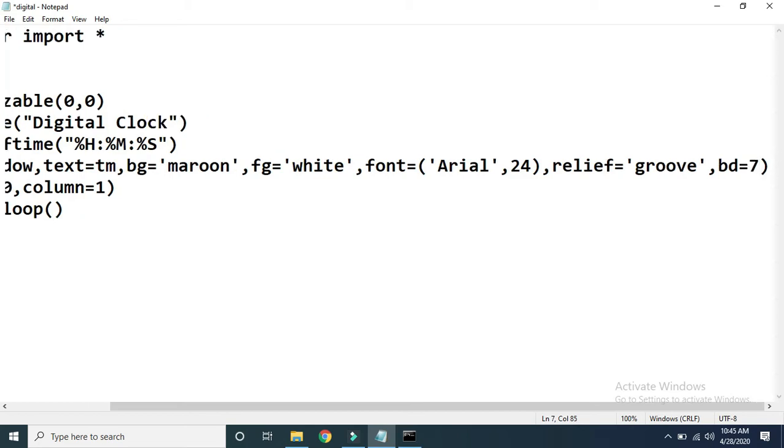One more thing is, see here, by default we are getting output with the font Arial with font size 24. Along with this you can pass one more attribute for the font as well. That is actually an optional attribute. If you want to pass it you can, otherwise no need to pass. The third parameter is optional, and that parameter is font style. Let us say font style is, suppose, bold.